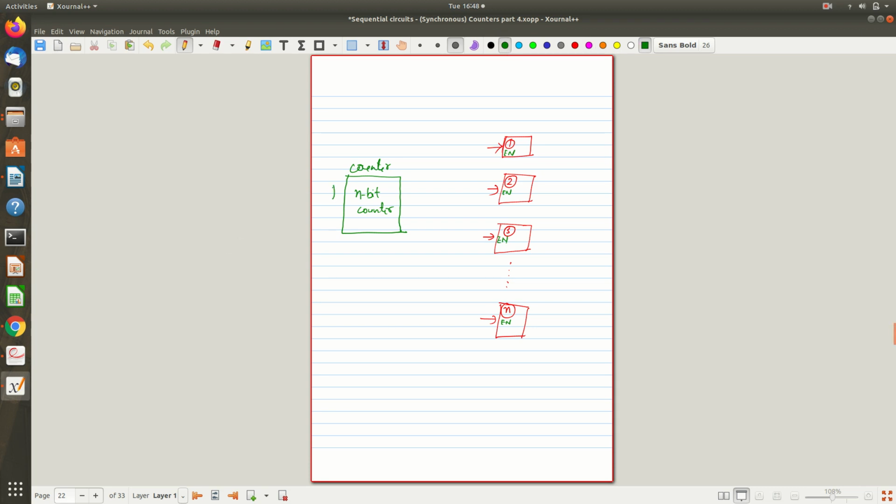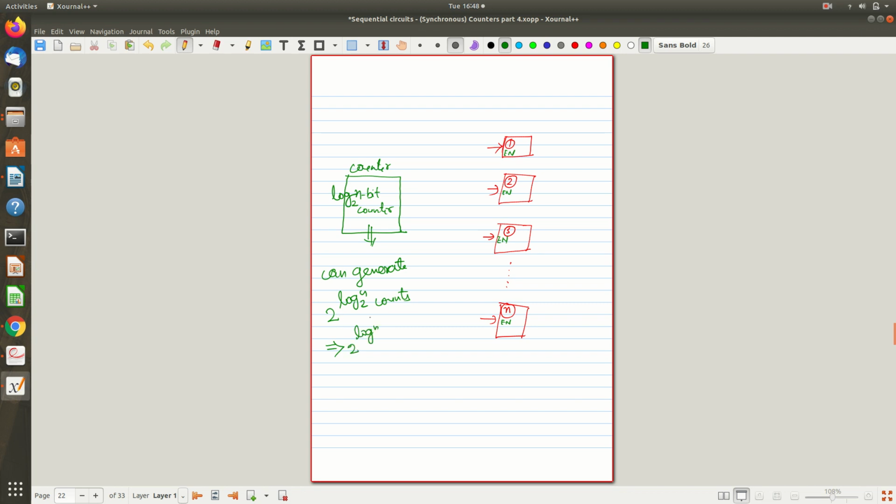What I need is a log n to the base 2 bit counter, so that this log n to the base 2 bit counter can generate 2 raised to log n to the base 2 counts, starting from log n to the base 2 that many zeros to log n to the base 2 that many ones. So that is this many counting sequences. And what is this value again? This is again 2 raised to